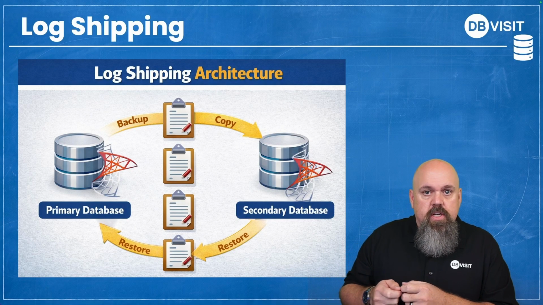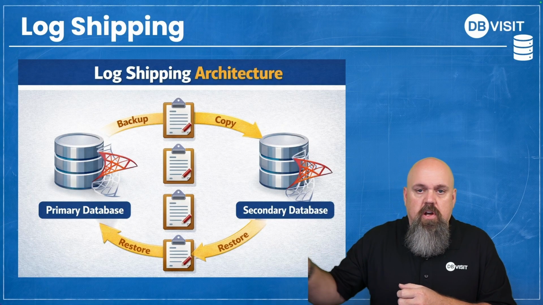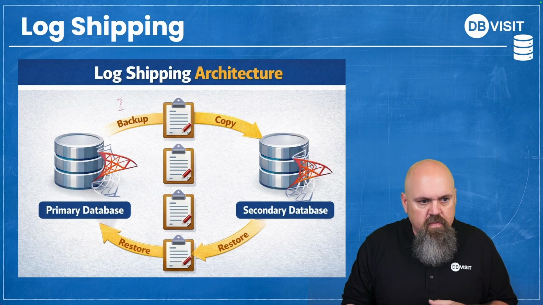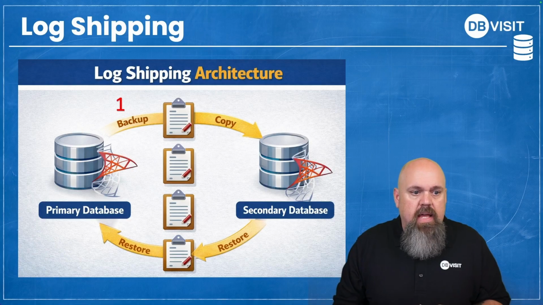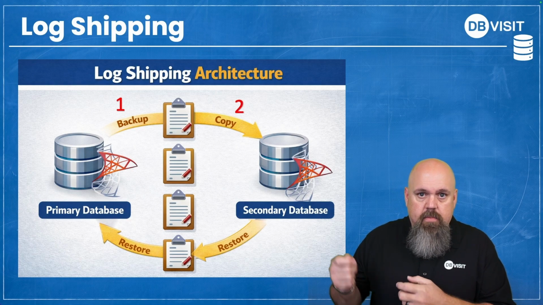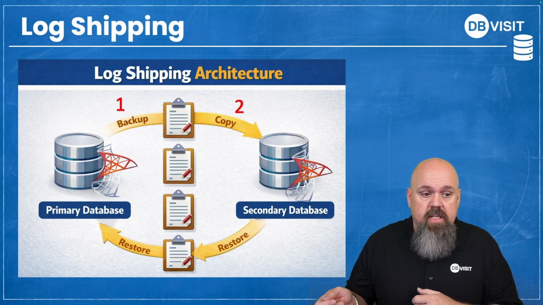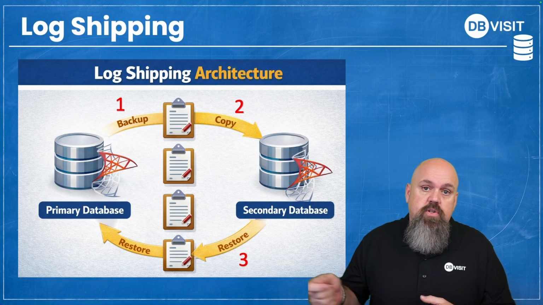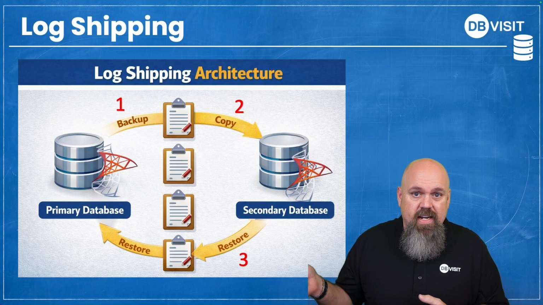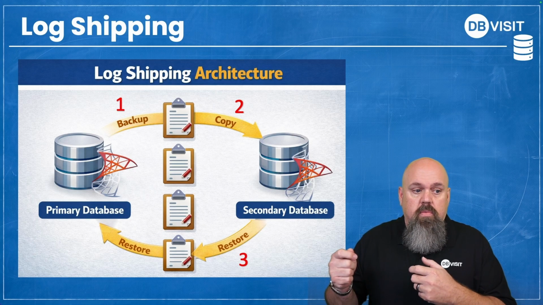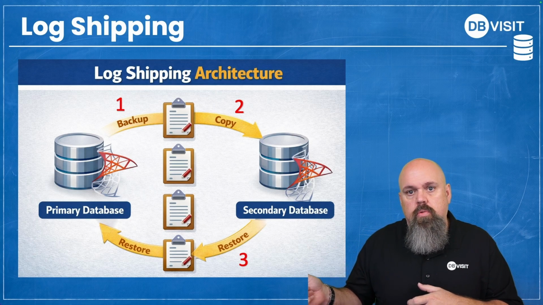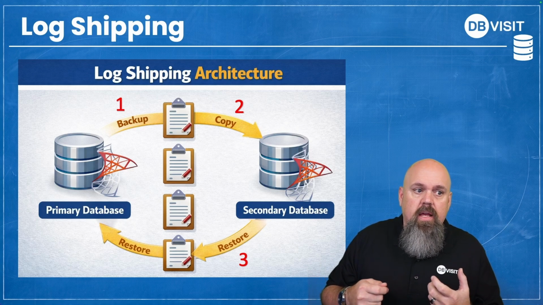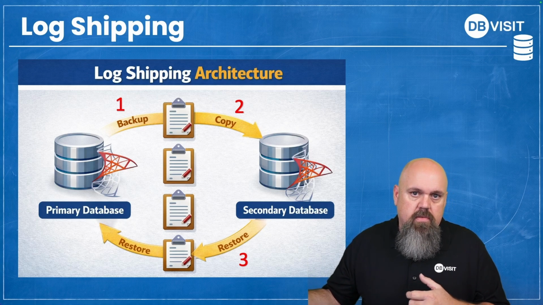So we are literally shipping the transaction log backup to a secondary over the network. So first and foremost, we take a backup, and then we copy that transaction log backup to that secondary instance, just like what I mentioned. Once it gets there, there's a job that will restore that transaction log backup to a secondary database, and then that secondary database will be essentially a mirror copy of the primary, at least up until that last transaction log